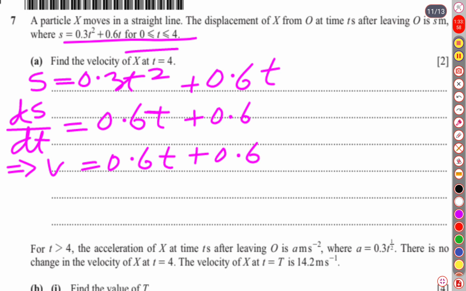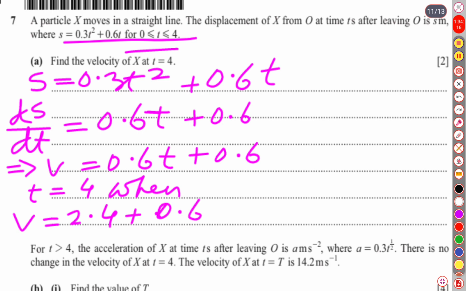They have told us that t is equal to 4. When t is equal to 4, what is v going to be? If t is 4, 0.6 times 4 is 2.4, plus 0.6 equals 3 meters per second. Yes, 3 meters per second when t was 4. And the next